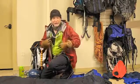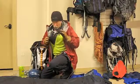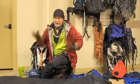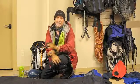In terms of my top, well, you know what the routine is by now. I've got my merino wool with a nice zip to it and a collar as the base layer. I've got my hoodie, with the hood. And again, if the wind starts to pick up, I've got my hard shell jacket that I'll throw over this,